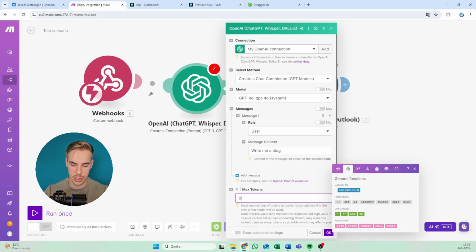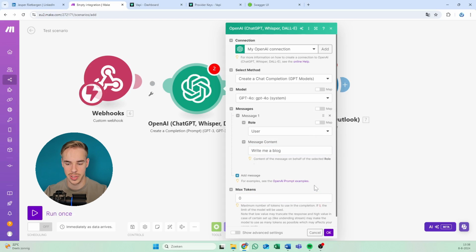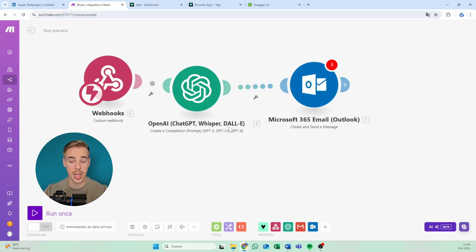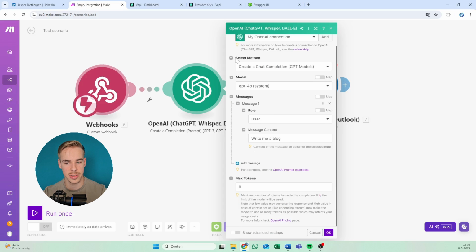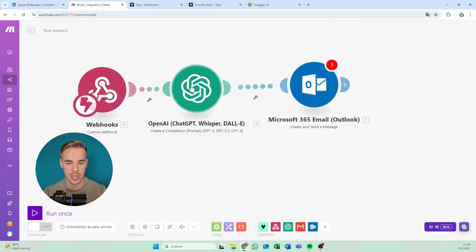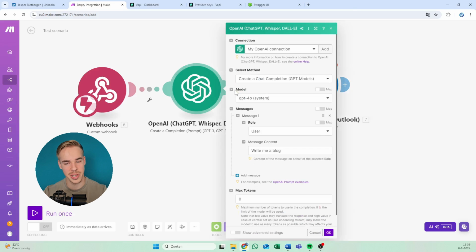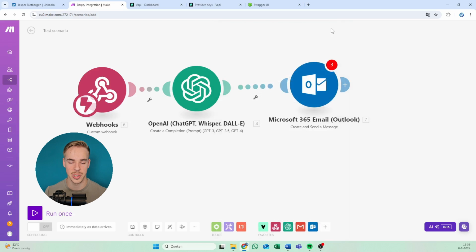And this is the max tokens. You can set that to 0, so it has unlimited amounts of tokens you can use. I'm not going to get into that right now. If you click OK right here, then every time that this automation is triggered, it's going to produce the same result. Well, not necessarily because it's OpenAI, but it's going to give the same prompt. So every time it runs, it's just going to say, write me a blog, write me a blog, write me a blog. Not like if you call the assistant and say, write me a blog about